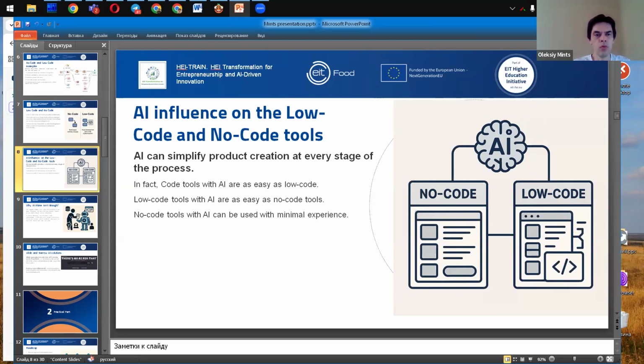AI can help you in identifying and sourcing the right data. Many low-code platforms now include AI data catalogs. You just say which field you need, customer age, location, or purchase history, and the AI suggests sources, for example, Google Sheets or public data sets for your application.